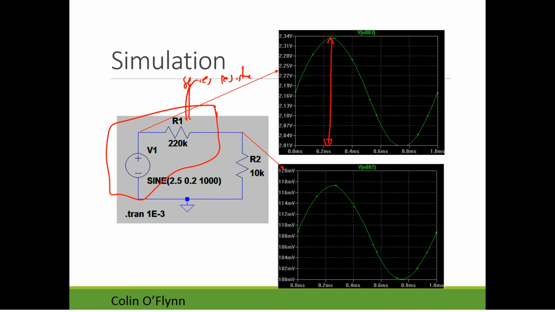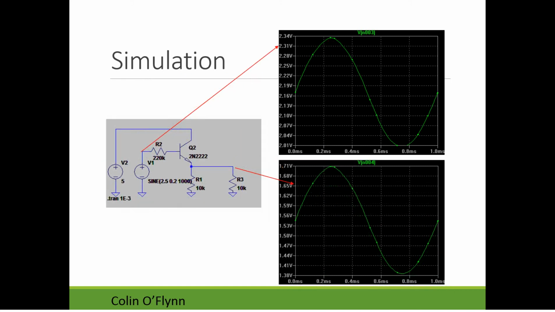So you can see there's quite a large signal, but when I look at where I'm measuring it, once I've added this 10K load, saying it goes through a filter or something that has about a 10K load, my signal swing now goes from about 116 millivolts to 100-ish. So we have about a 16 millivolt swing. That's going to be a lot harder to detect, and there'll be a lot more issues with noise. Again, this is assuming that resistor is replacing a filter.